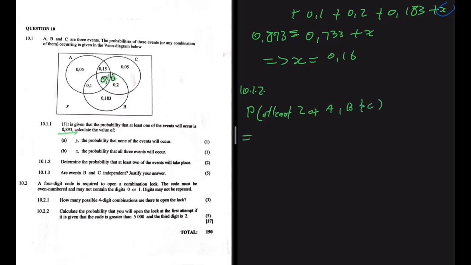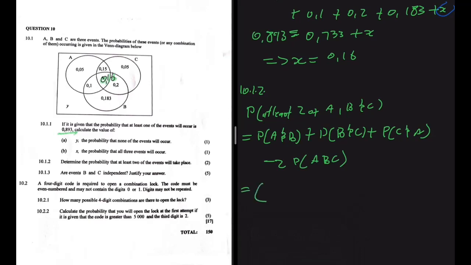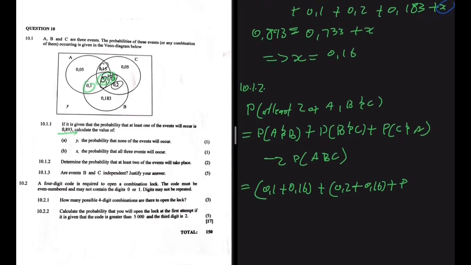This will always be equal to the probability of A and B plus the probability of B and C plus the probability of C and A, minus 2 times the probability of A, B, C. So we're going to have the probability of A and B, so that will be 0.1 plus 0.16, plus the probability of B and C, which will be 0.2 plus 0.16, plus the probability of C and A, so that's 0.15 plus 0.16,